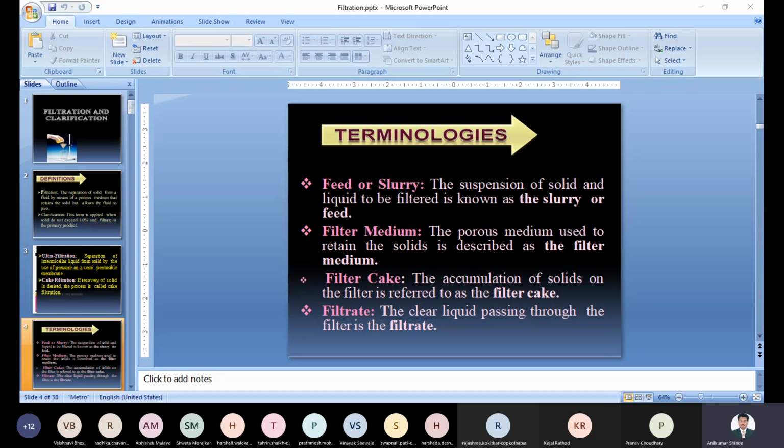Filtration mechanism. Then you have seen that there are different applications of filtration. In pharmaceutical industries, you can prepare different types of formulations. If you have prepared injections, if you have prepared infusions, if you have